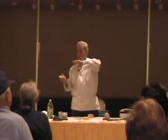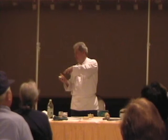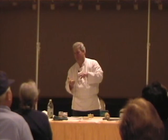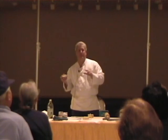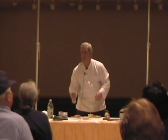We have a pie called an upside down apple pie. What you can do before you put the dough in, you get caramel, spray with a can, put caramel syrup in the bottom, ice cream syrup, some crushed pecans, then put the dough in, then put the apples in. And then this is the part that is fun. After you cook it, it's all done, freeze it. So when you're ready to use it, pop it out. You turn it upside down like this, and then you have an upside down caramel